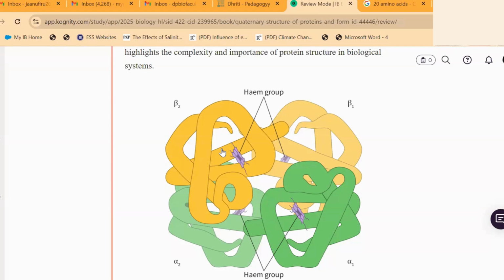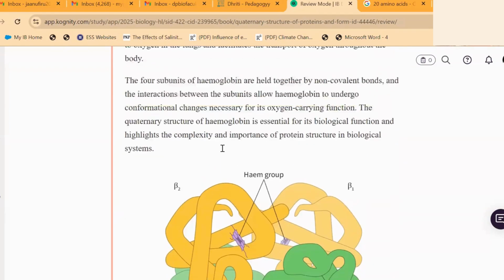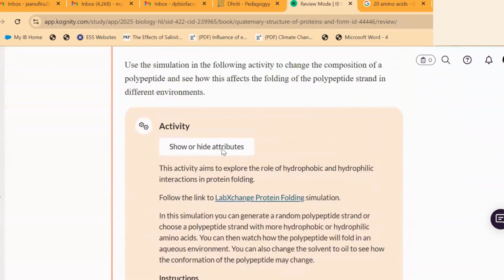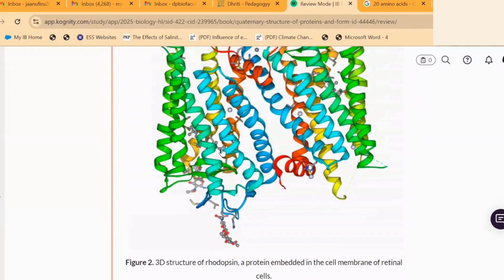Okay, so one alpha helix will make one tertiary structure. One alpha helix will make one tertiary structure. Yeah, or, is it alpha plus beta? No, it's not alpha plus beta. See here, the tertiary structure shown for rhodopsin is